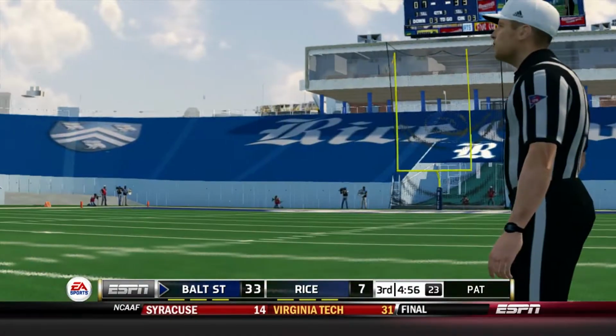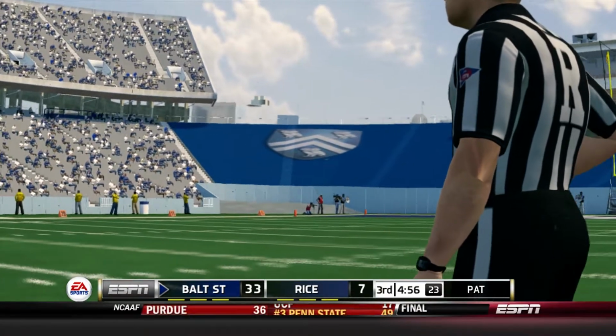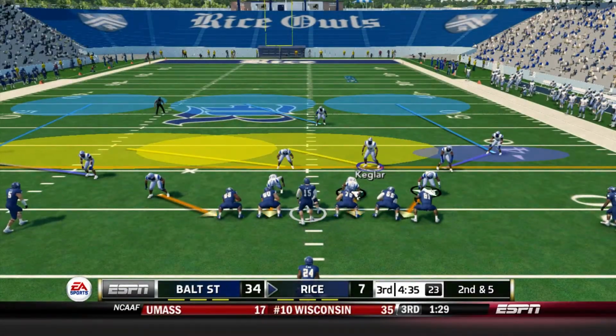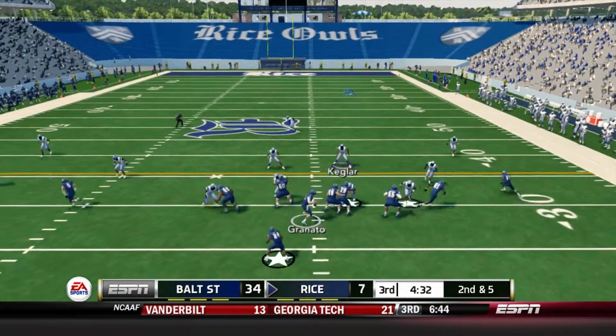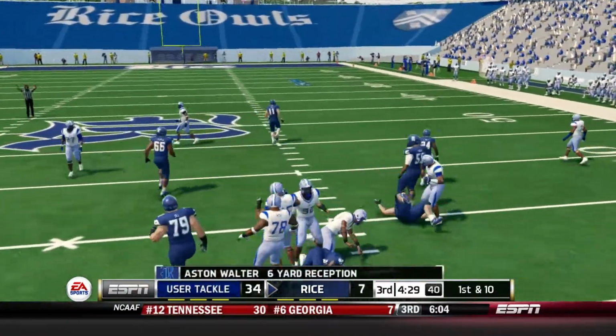It only counts if the ball did. After review of the play, the ruling on the field stands. But the ruling's going to stand. It's going to be a touchdown for Baltimore State. Now they're up 34-7. Rice football with just over 4 minutes to go as Granado is able to find Aston Walter